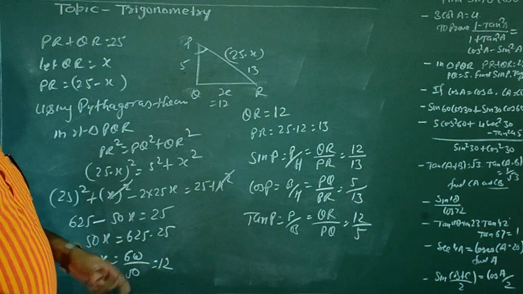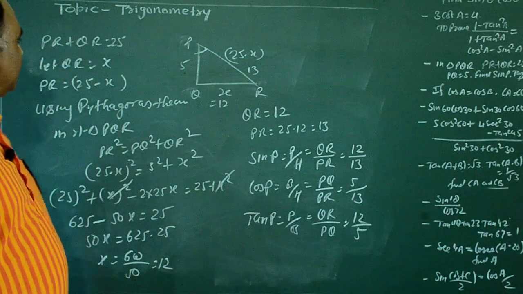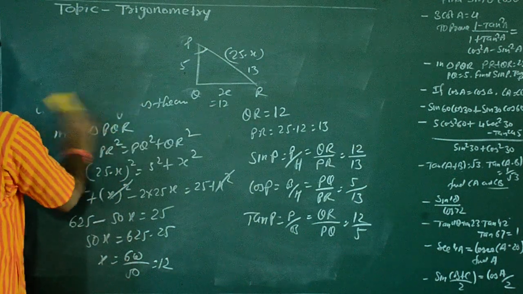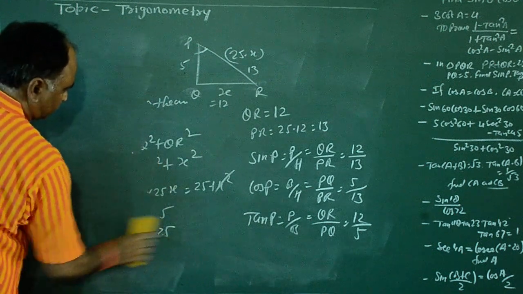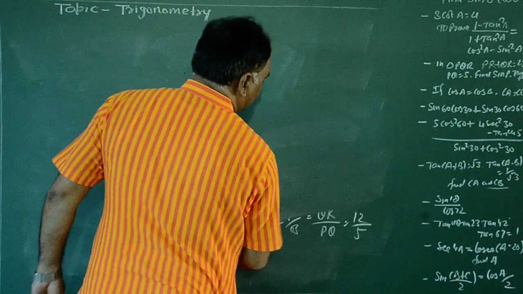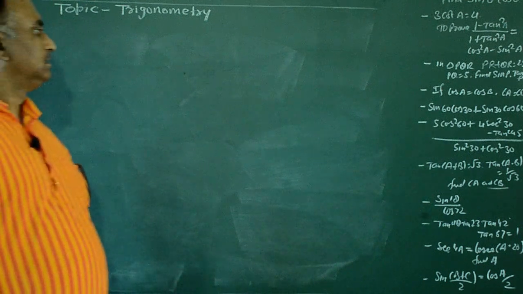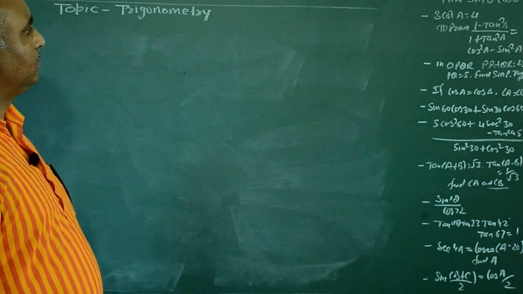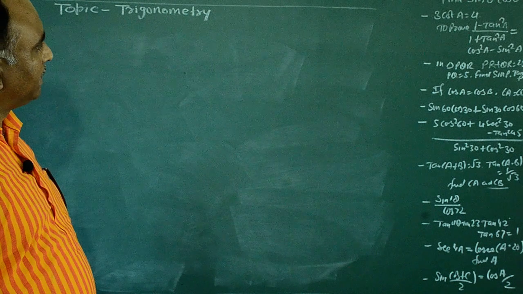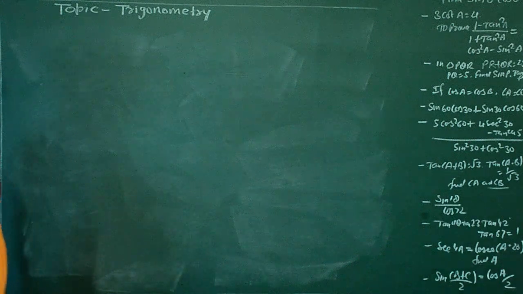Here I have told you to find the value of the given trigonometric ratios, and perhaps these questions are enough to understand this type of question, and according to me now you can solve it. And in the next video we will start how we can find the values of the trigonometric ratios if some angles are given. Okay, thanks.